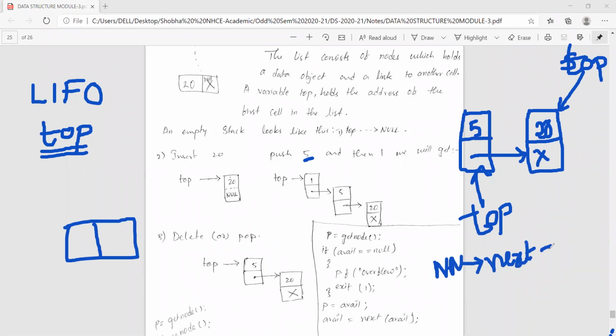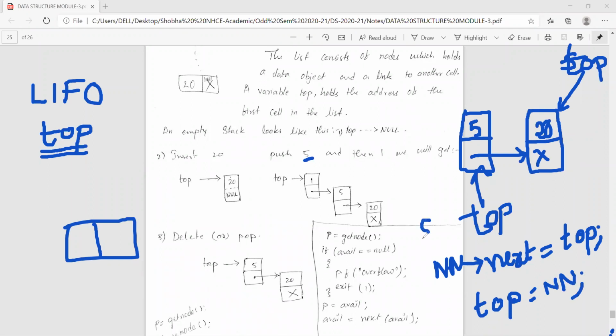New node's next is equal to top, meaning you are assigning this new node's next as top. After assigning it, you change your top to the new node, point it to the new node.